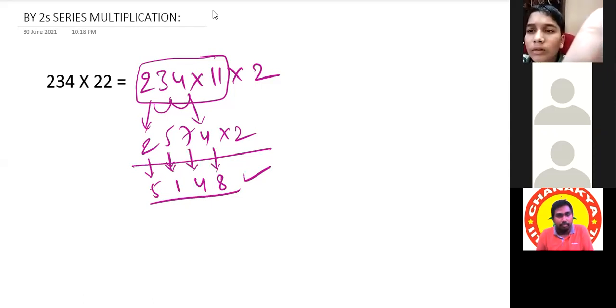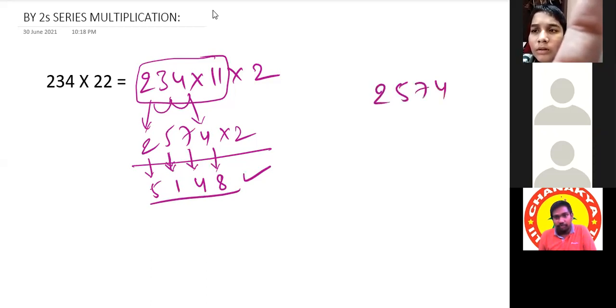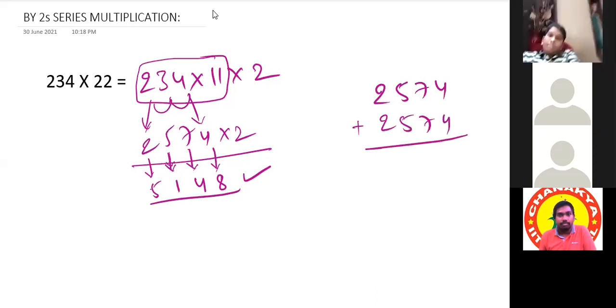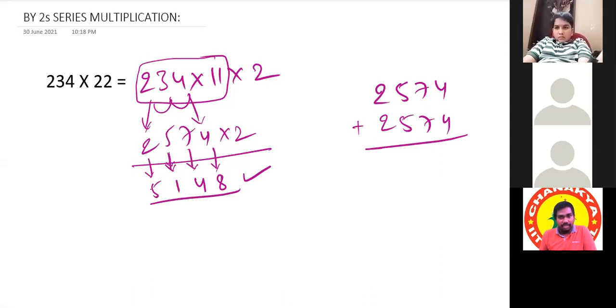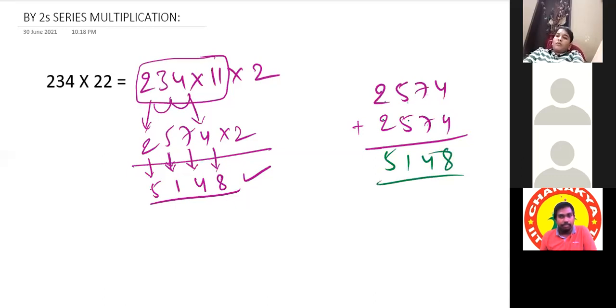Sir, while you're multiplying with 2, whoever knows multiplication. Okay, I got your doubt. See, I'm doing this: 2, 5, 7, 4. Instead of multiplying by 2, I'm adding the same number 2, 5, 7, 4 again. So multiplying is much easier, right, sir? No. Instead of multiplying, this is easy. See, 2 plus 2 is 4. Next place carry, that's why 5. 5 plus 5, 0, end number 0. Next place carry 1. 7 plus 7, end number 4, 4 plus 4, 8. That's all. It will get easy.